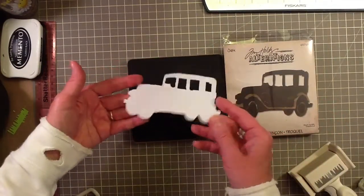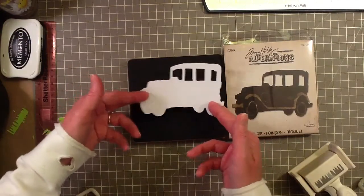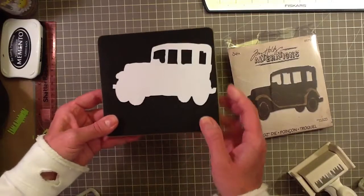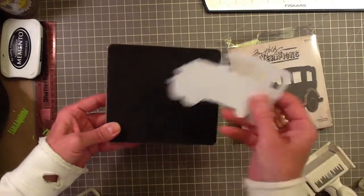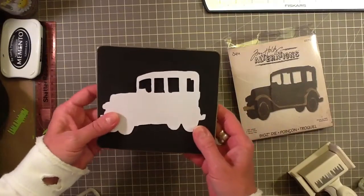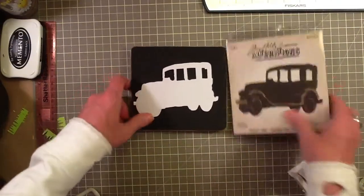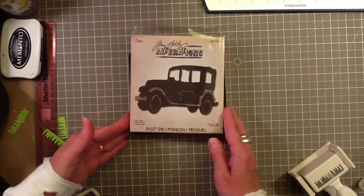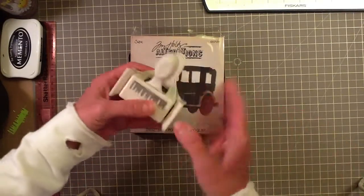The Sizzix company always puts a test cut in the box with the die, and I really, really love that. They make sure the die works, and then they prove it to you by putting the die cut in there, and I think that's pretty awesome. I wish the other big die company did that too. I also got